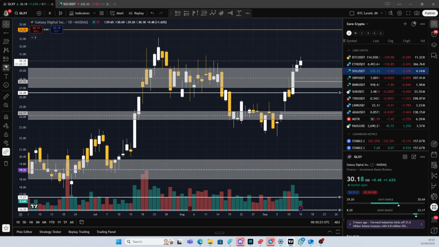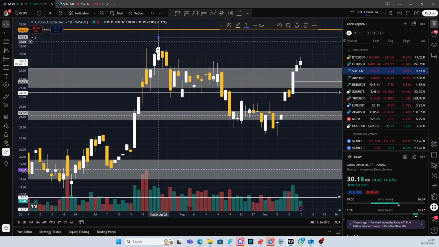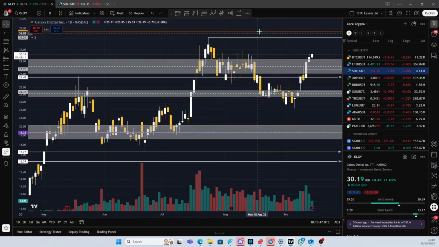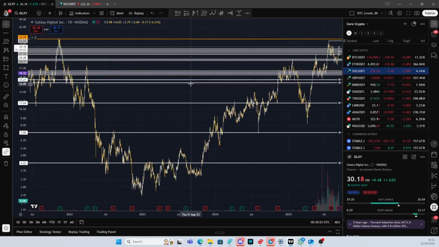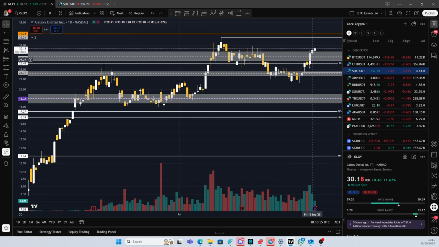If we just mark on the top of here, we've got a nice wick to aim at for a sweep. I think for me, we can see there's a lot of liquidity in this area with the long wicks. So I think we're working our way through here. If we break above, I think this could be really bullish, and we could look to sweep and move up quite strongly, and take that $34. If we zoom out, we can see above that not much else to chart, but we could potentially see quite a strong run upwards. I think that's where you get more into the fundamental side of it,